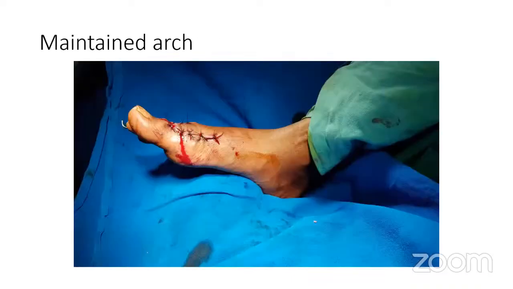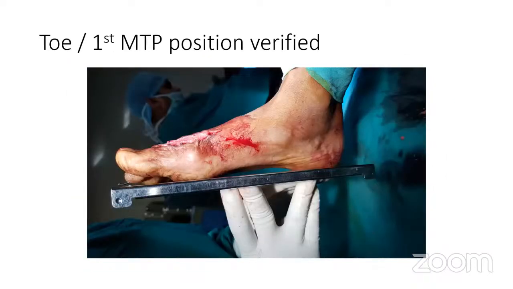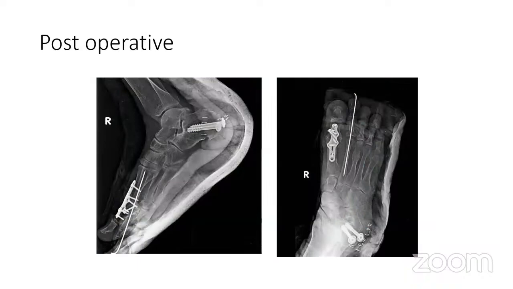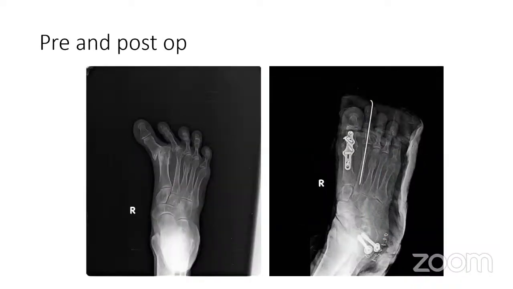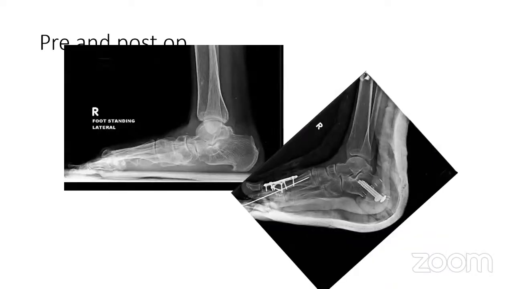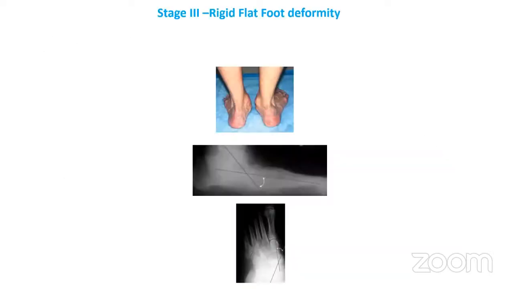And that's the learning point, because we are correcting a varus deformity, the medial side structures get tightened up and closure becomes a little difficult, but then we are able to achieve what we set out to. The positions are verified, and you can see the difference it made with regard to the MTP fusion, the correction of the varus, and the hindfoot valgus, by a simple, powerful procedure like the medial calcaneal sliding osteotomy.